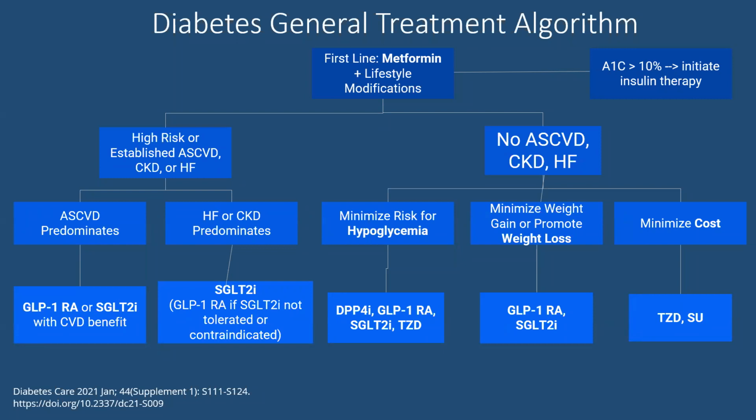Here, they break it down to whether or not you have high ASCVD risk of heart disease. If you don't have ASCVD risk, you're probably going to end up using some of these oral agents, like the ones we talked about, Tradjenta or Januvia, some of those injectable GLP agonists, things like Jardiance, or things like Actos. And then you're going to pick and choose what you're going to use.